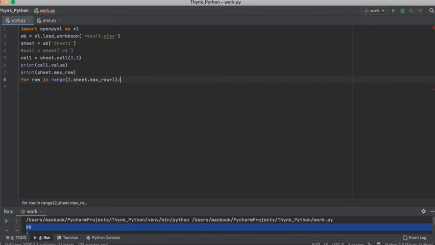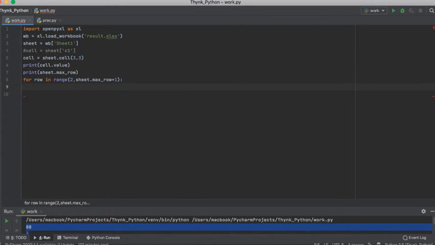Okay, now here what we'll do is, first of all, I need to access the particular cell. So I'll say sheet dot cell. Now which cell do I want to access? The column is fixed, which is the third column. So I'll say simply 3. And for row, I want to iterate over the rows, for which we have used the for loop. So here I'll say row. So row will iterate from 2 till the last row, and the column is kept at 3.